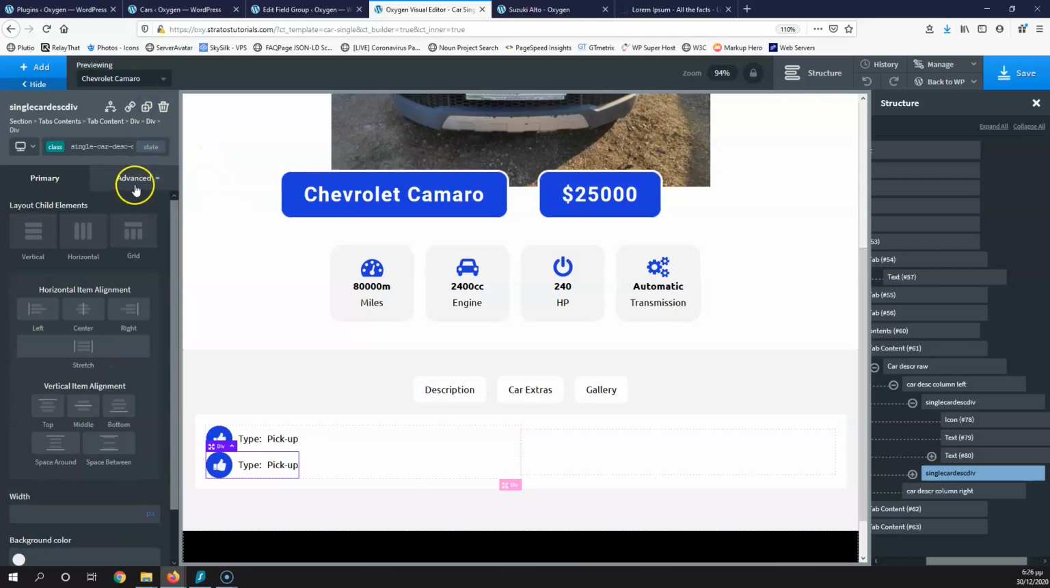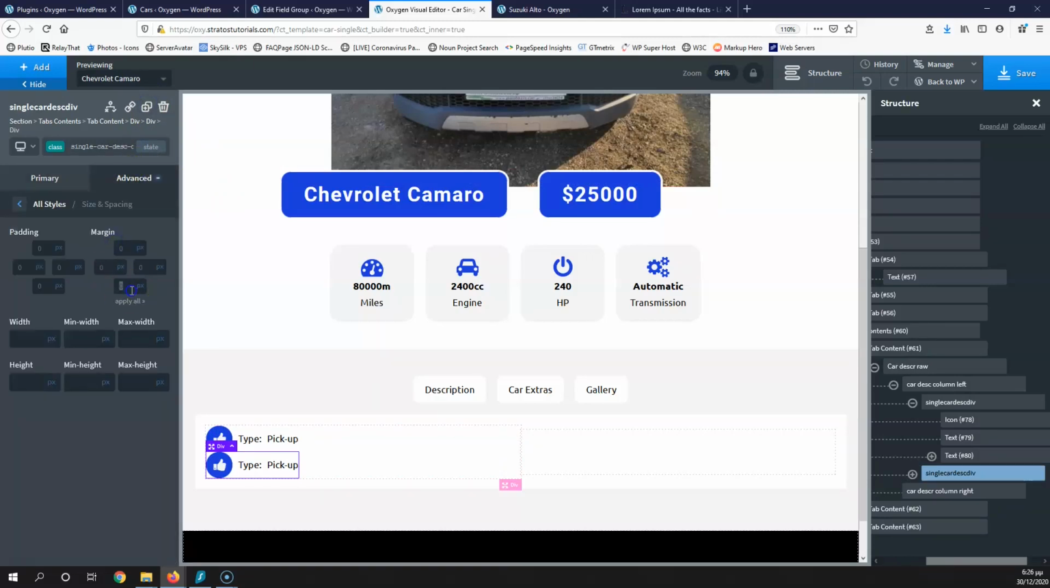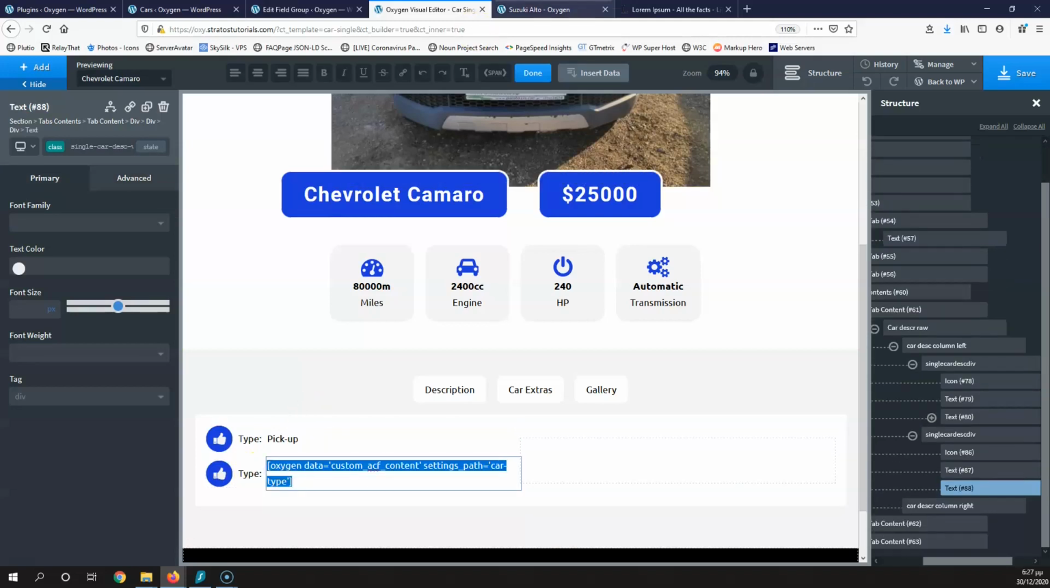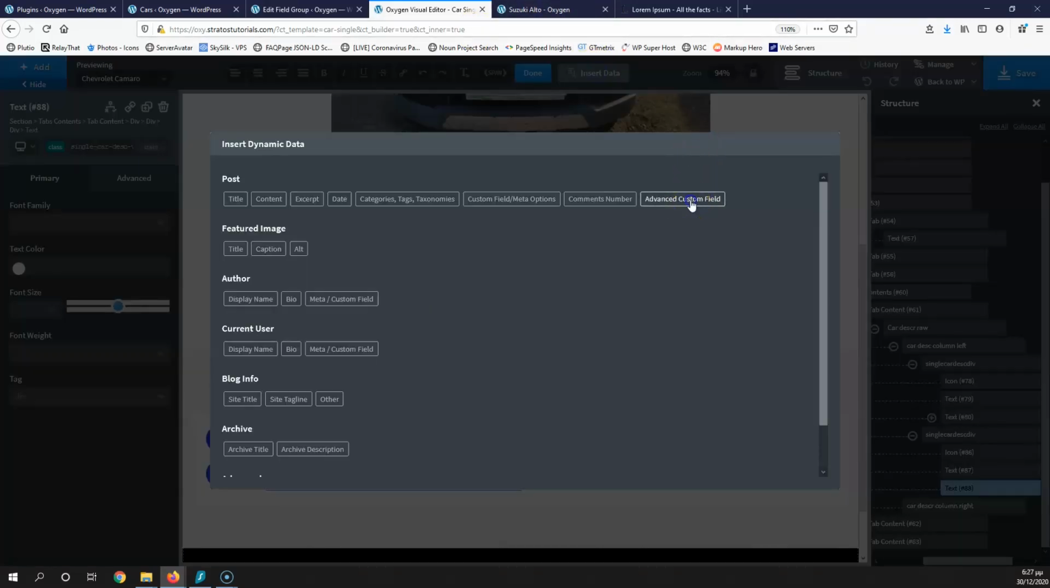And now that I have duplicated, let's go to advanced, sizing and spacing, and put a margin of 10 to the bottom. So it will have some space, and let's add the next one. Triple click, insert data, and let's go to advanced